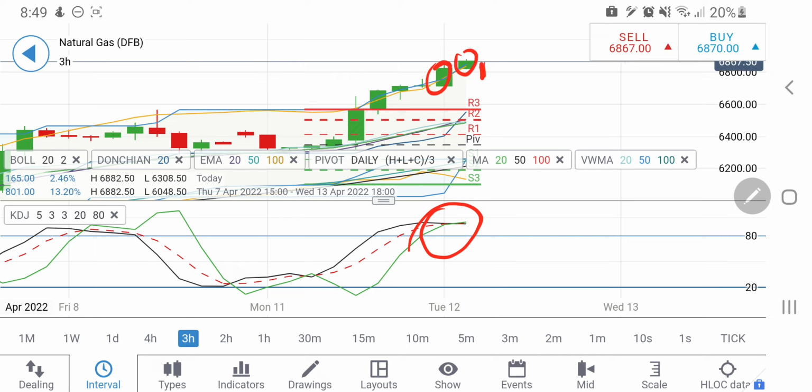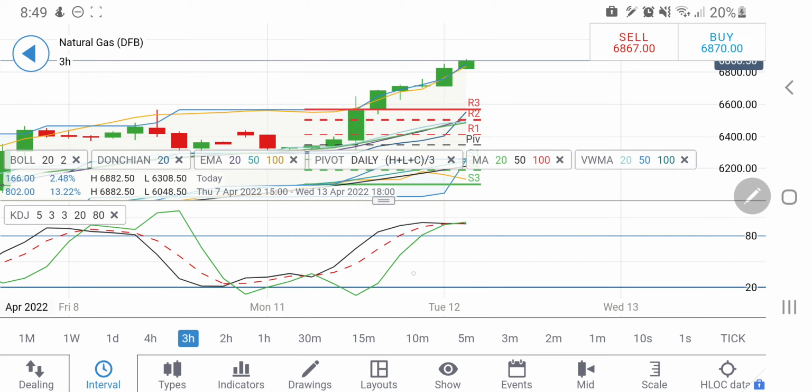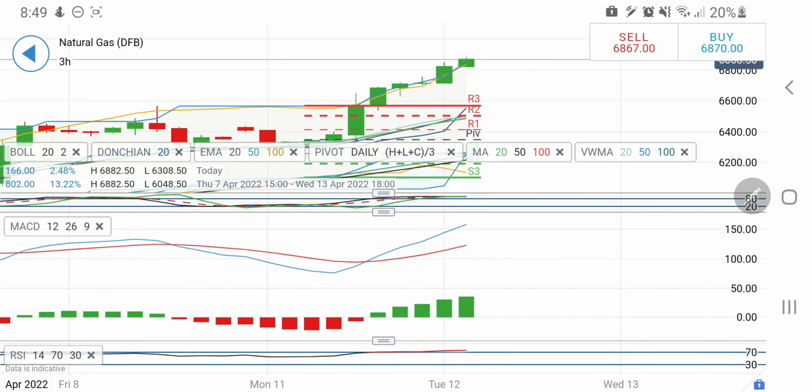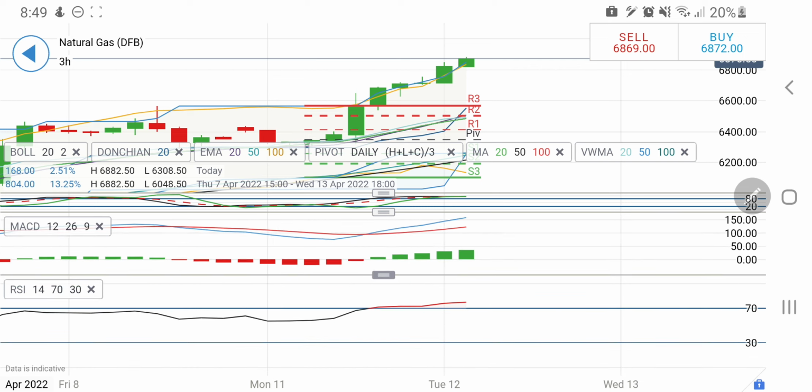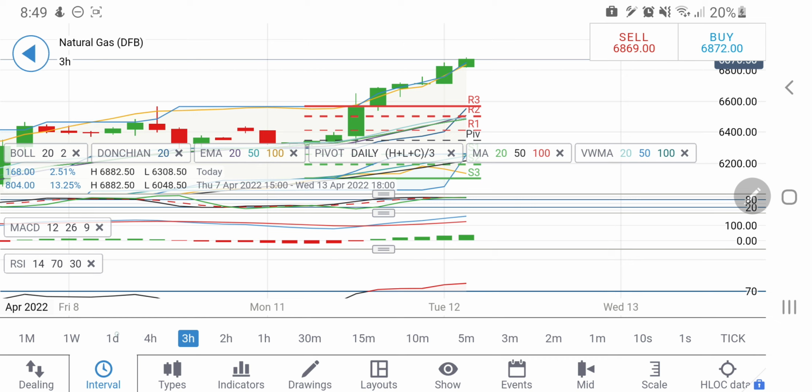Hence, if the red candle appears, it is going to be a stronger red candle which might take it towards 6.6 and $6.5 levels. So below 6.8, don't forget to go short. Then there you can expect a sharper drop and correction there. MACD wide divergent and still on buy. RSI is extremely overbought here.